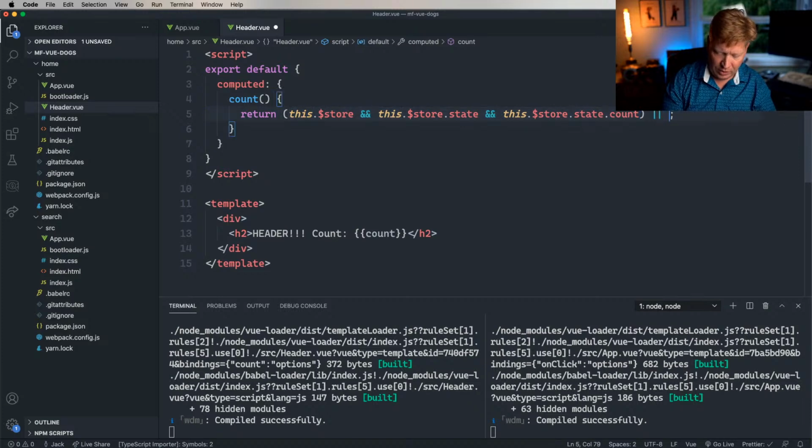0, I guess. Is that going to work? I think that's... I'm so used to TypeScript now with its